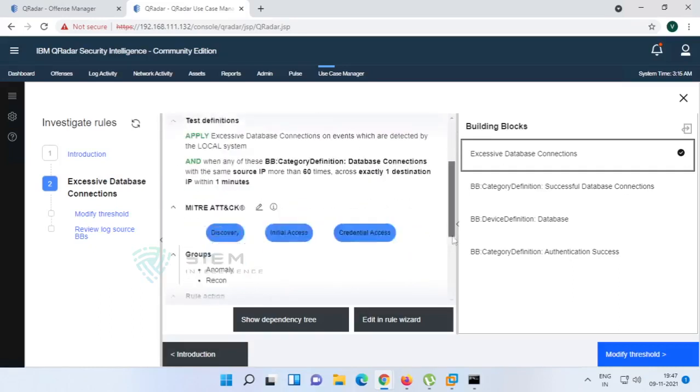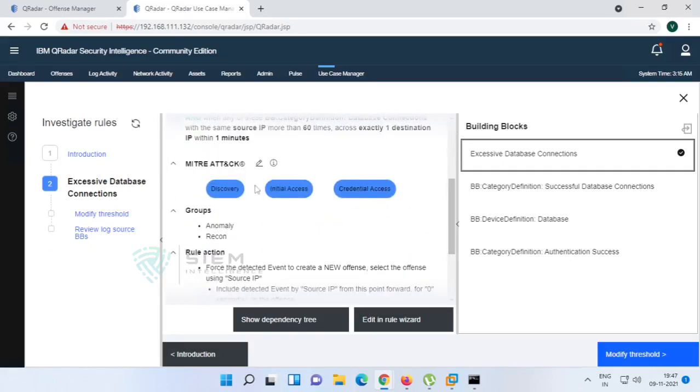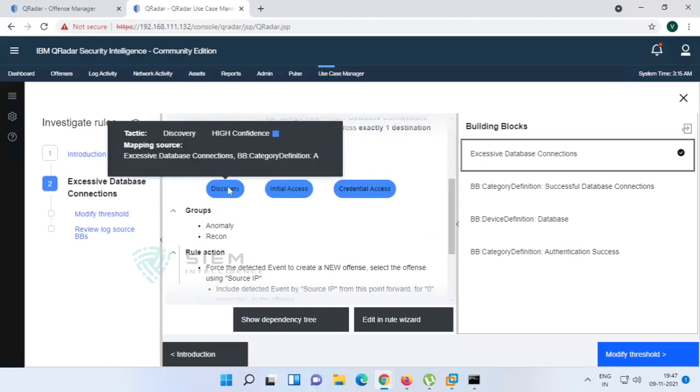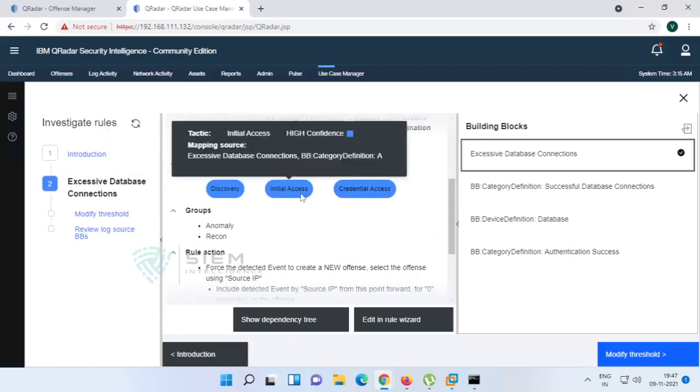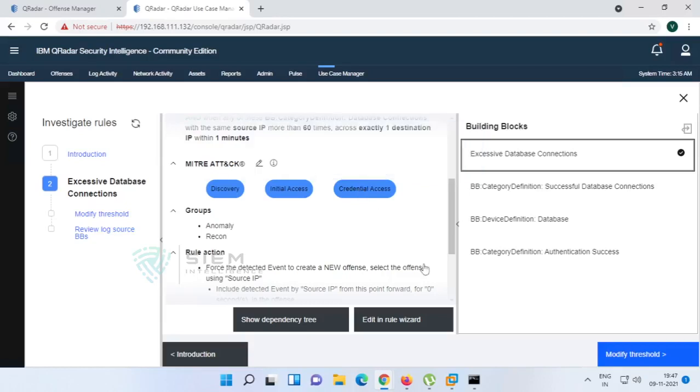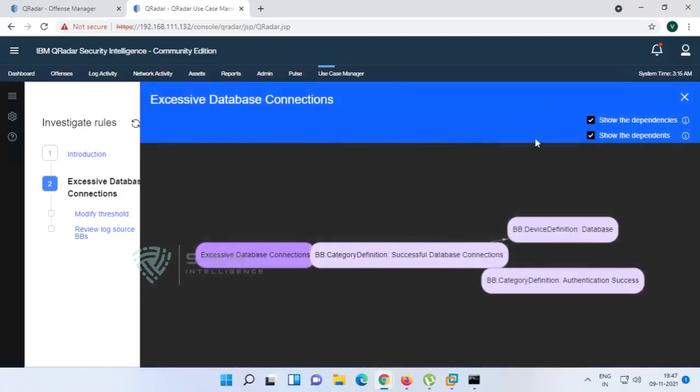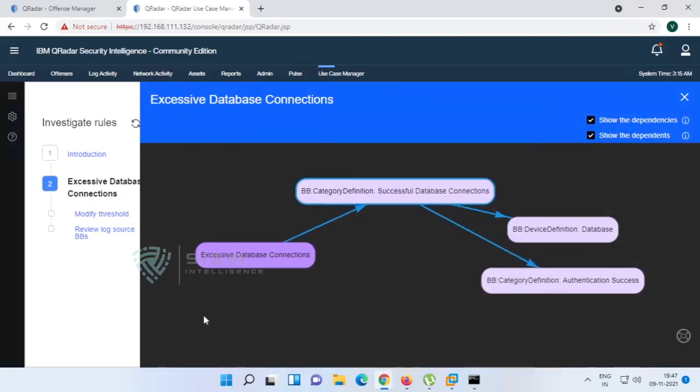So like that you can come to know what the MITRE framework behind it is, how the attacker tries to hit, what the confidence level of initial access is, everything. And you can see the different dependency tree. Like this dependency, this is the excessive database firewall, successful database connection, and there is a combination of database as well as authentication success. So like that you can come to know.